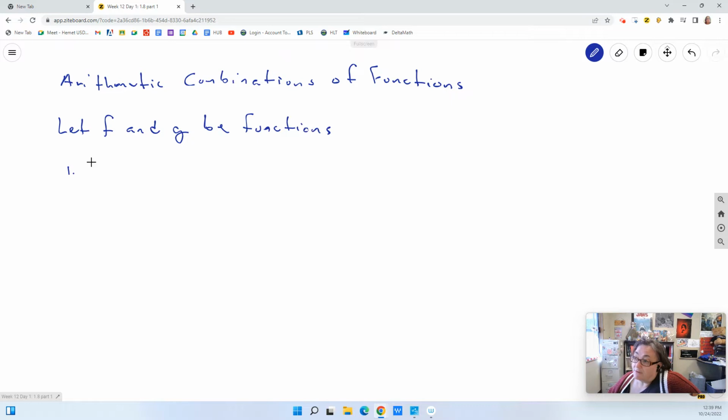When we're talking about sum of functions, it means addition. And so we're saying that if we have a function f plus a function g of x, that means the variable on both of these is x. It's the same as saying that f of x plus